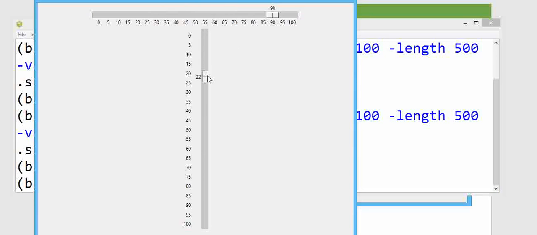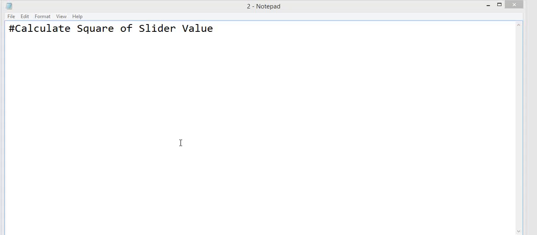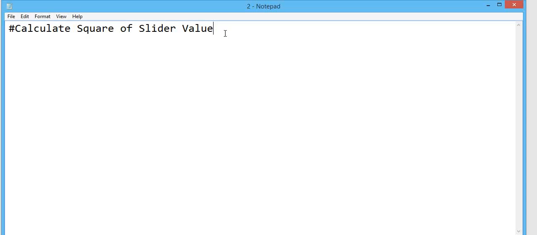Now in my next example, I am going to show how this scale can provide input towards a procedure. In this example, I am trying to show a calculated value, the square value of the slider. So if we have one horizontal scale, the values given by the slider will be used, a square will be calculated and displayed at the output device. So for that, I am going to simply call a scale as we have done in my previous demonstration, scale .s